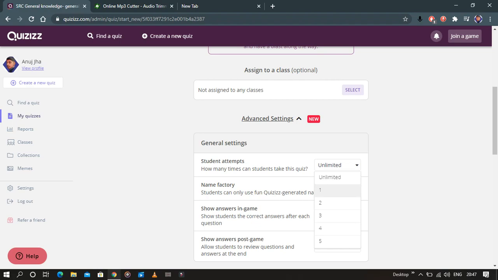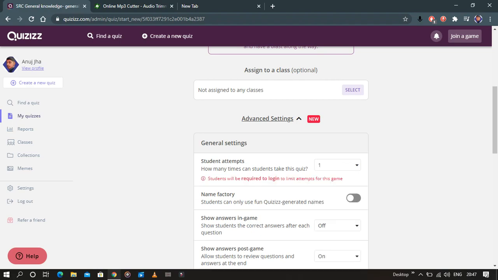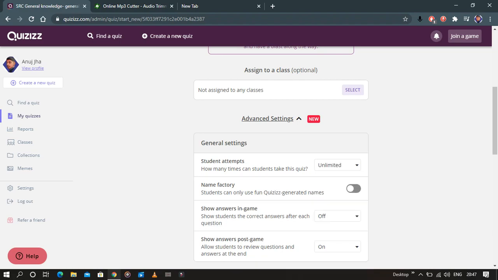The message comes up here: students will be required to log in to limit attempts for this game. Okay, so I'm keeping it unlimited only. Because if the student tries to sign in to the quiz again, two names with his username can come up there, so I can simply eliminate him.